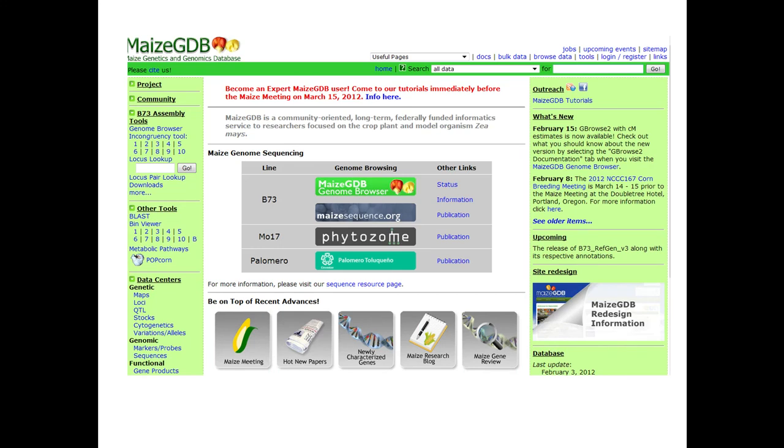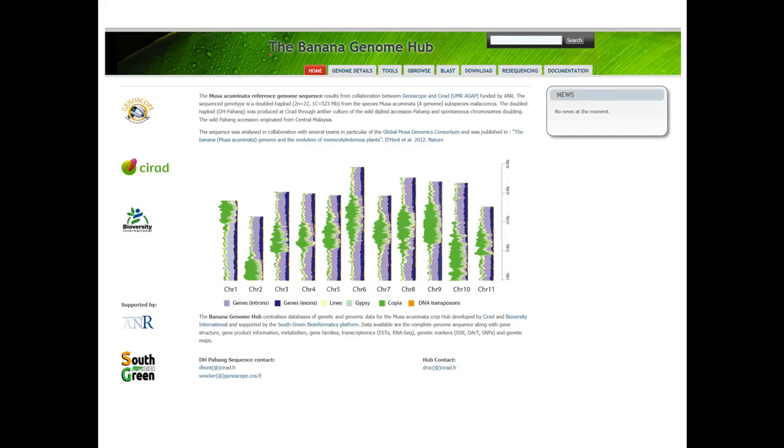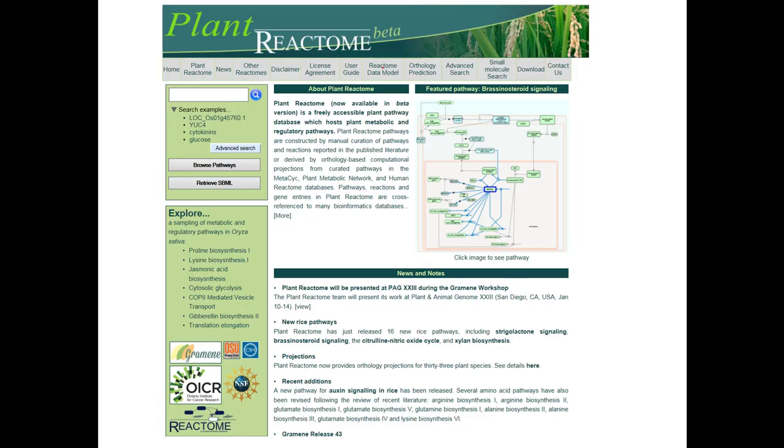So that is MaizeGDB. I have already told you, this is the website for the database for maize. Gramene for the whole Gramene family. Okay, this is for the banana genome hub for banana, and this is Plant Reactome beta. This Reactome is now available in beta version.